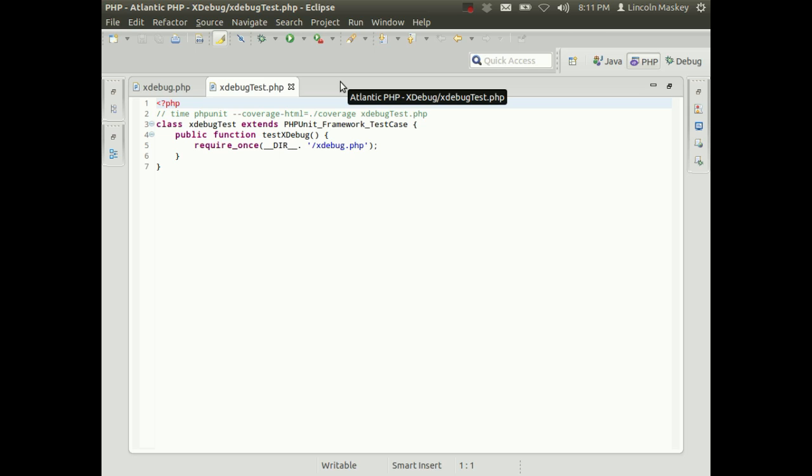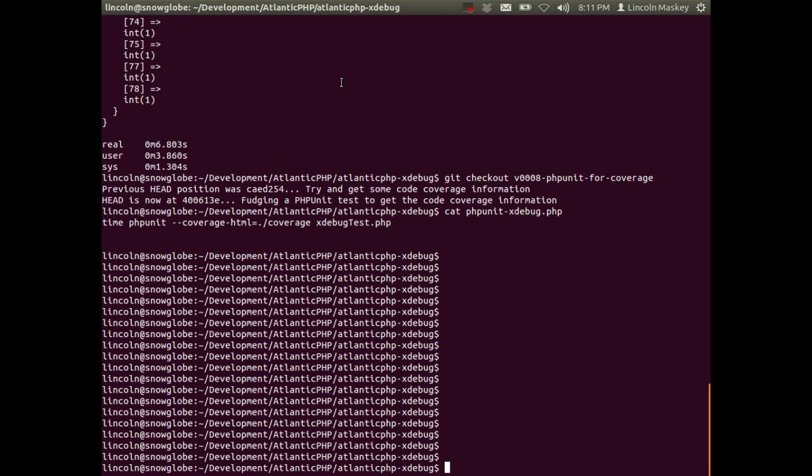And then you have multiple functions inside, and each one is essentially a test. This is obviously not a real PHPUnit test. I'm basically dummying up the code and hacking it into a test so that I can get PHPUnit itself to write the code coverage. So this is not how you would normally write a test, but it's the easiest way to get PHPUnit to create the coverage. So if I run that,